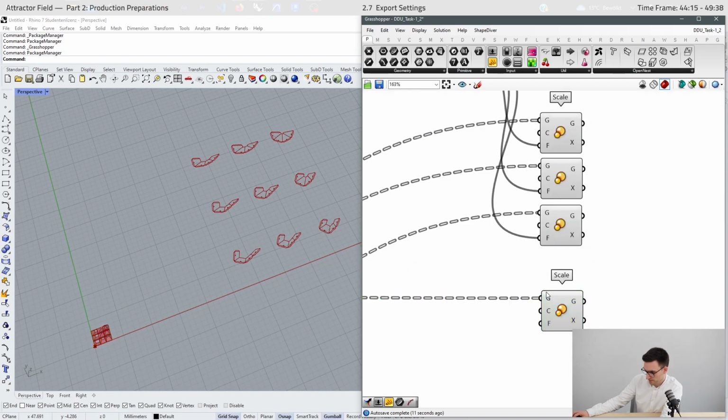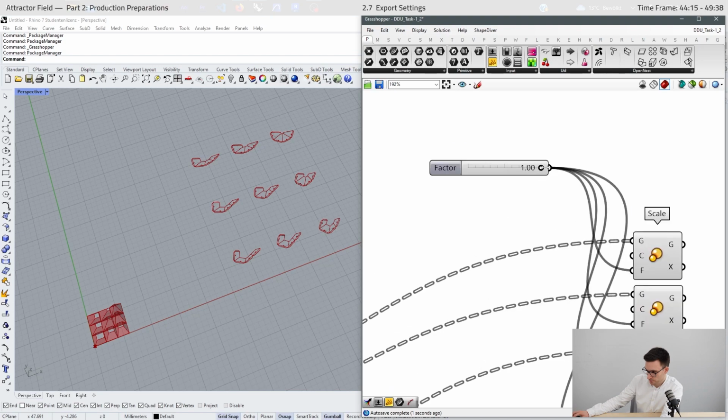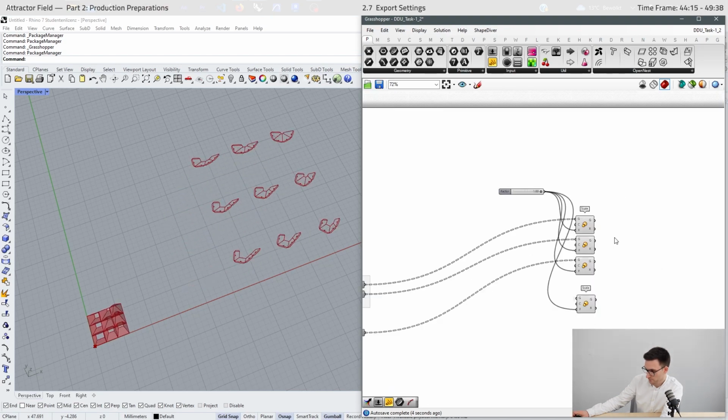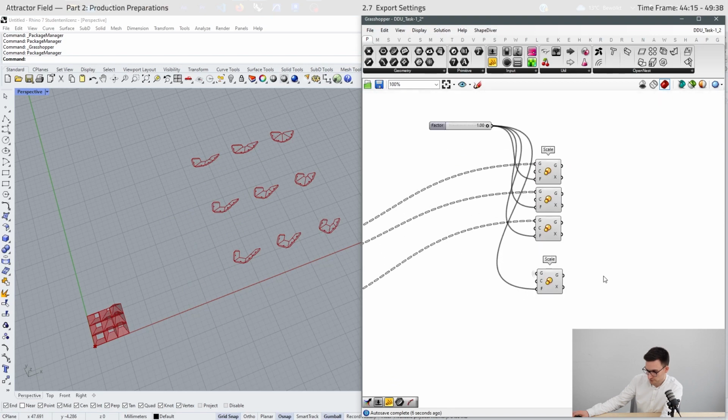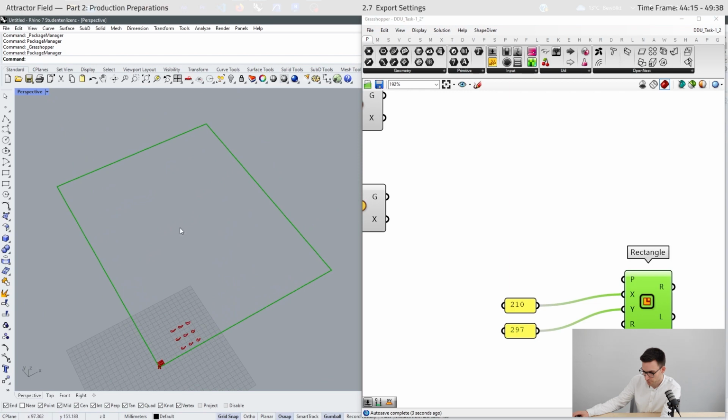We can hide the wire. And of course, use the same factor. And now we can adjust it. And for reference, we need the size. So this is the size of our paper.